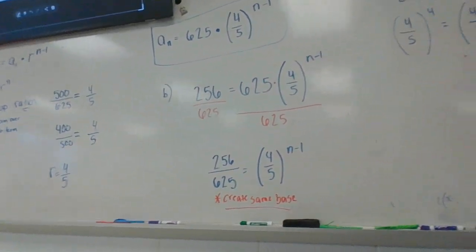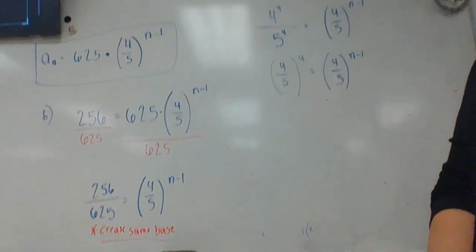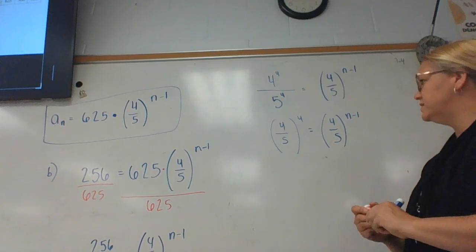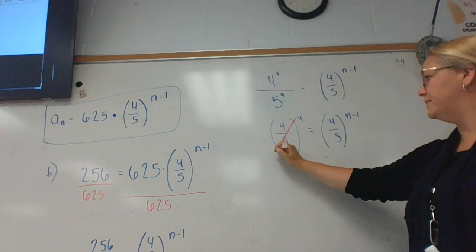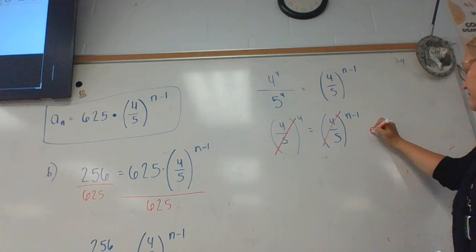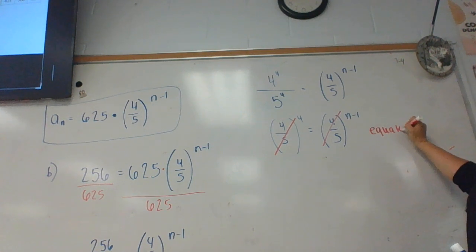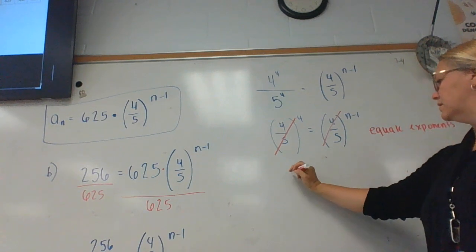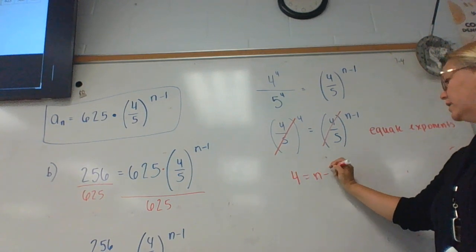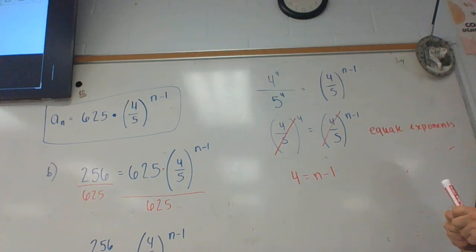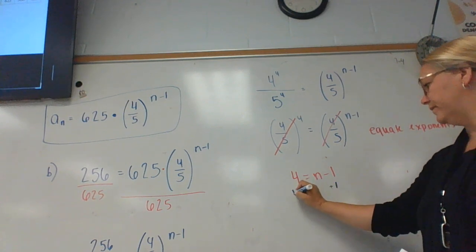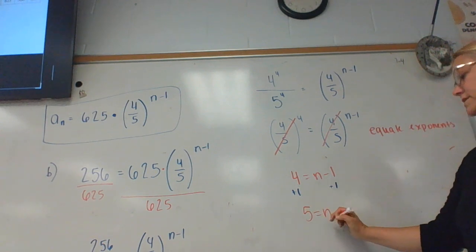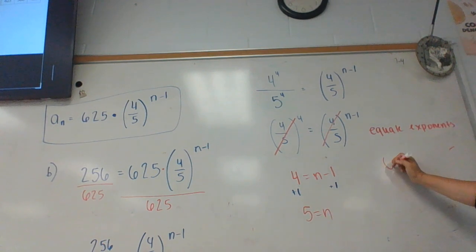I think it's chapter 7. Actually, I don't remember. Okay. So once you have the same base, you can drop the base and equate exponents. So 4 equals n minus 1. Add 1 to both sides. And 5 equals n. So I'm going to say on the fifth swing,